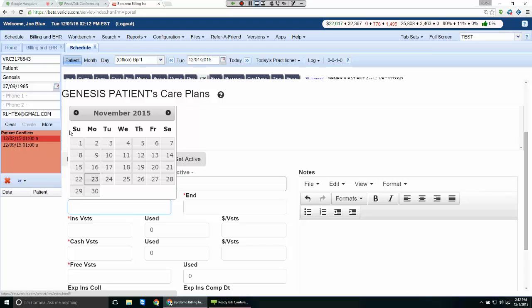Why is this care plan's count off? Well, you created it in March and you started seeing them in January. So, all right, that's the start date. The end date,